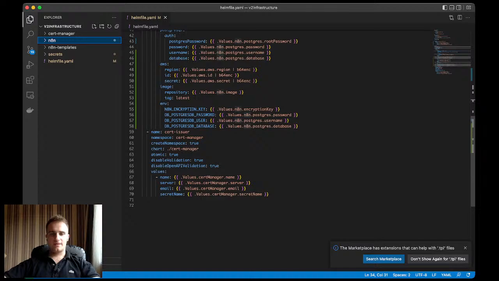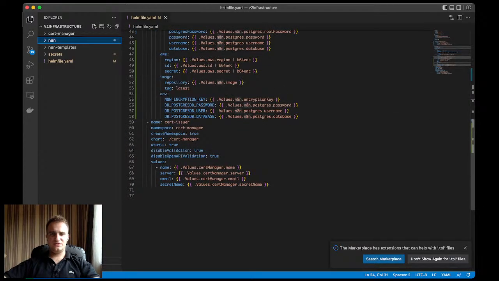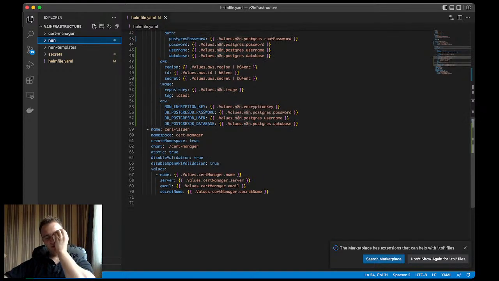And yeah, we have the cert issue here. So our cert issue is another deployment that is responsible for managing our certificates. Okay,